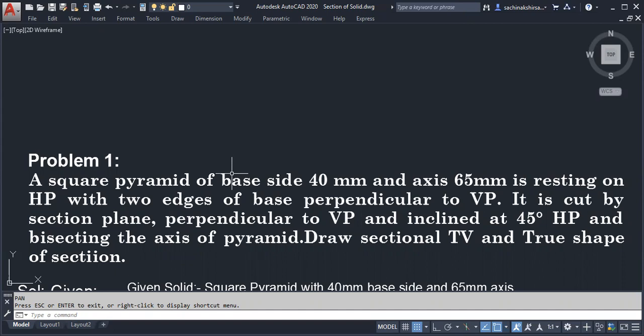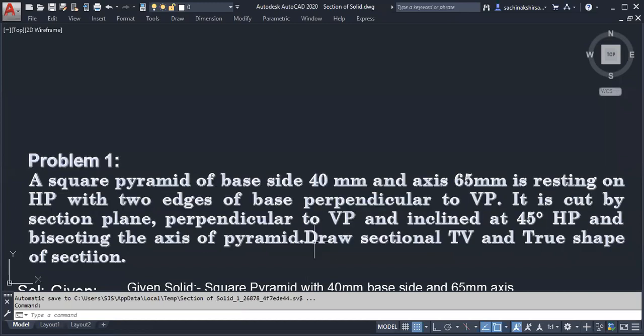Is it possible to draw directly within one step? Suppose a solid is inclined at 45 degrees, suppose its axis is inclined at 45 degrees. Is it possible to draw directly? Suppose the solid is on HP, its base is on HP and its axis is inclined 45 degrees to VP, or it may be HP.